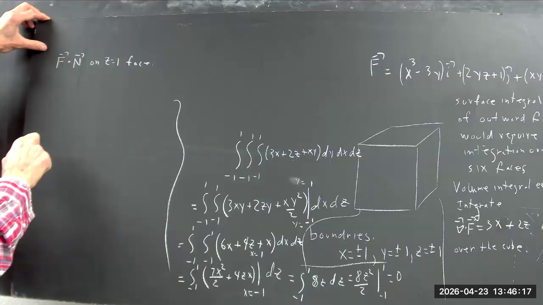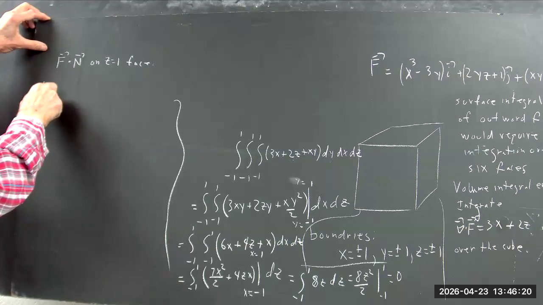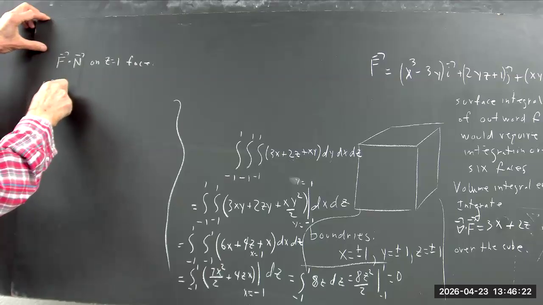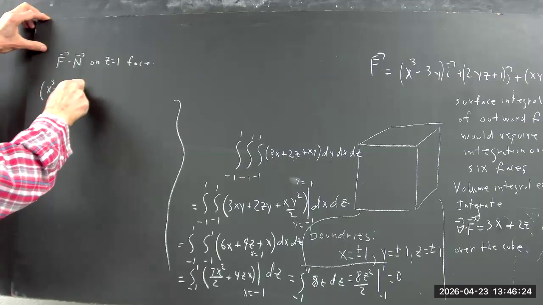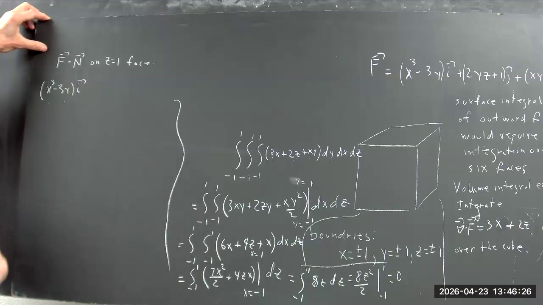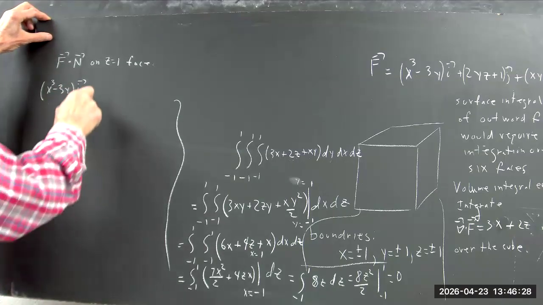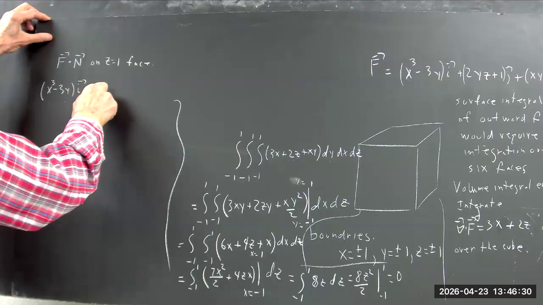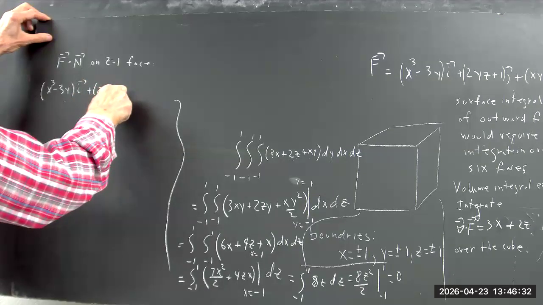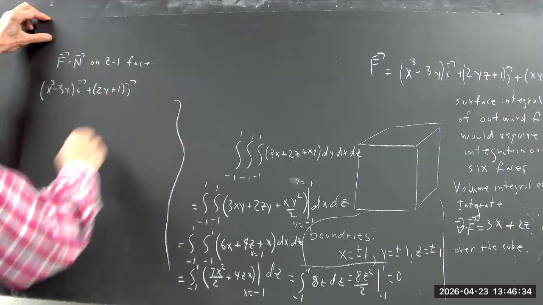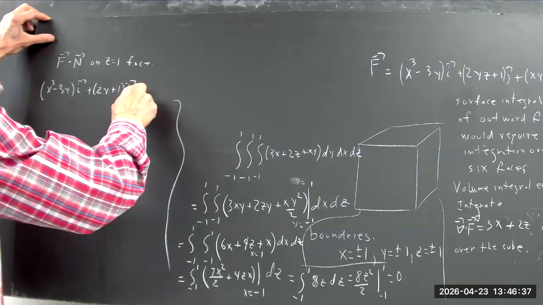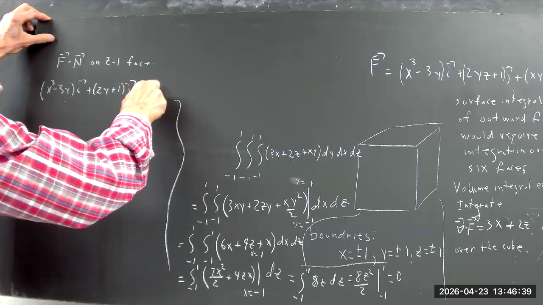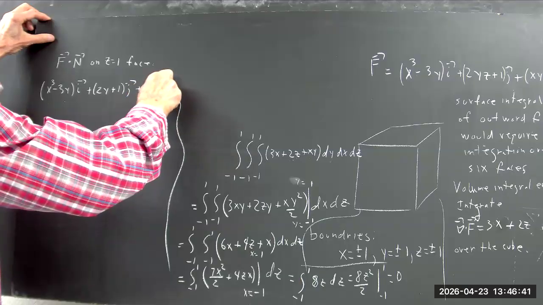Well, that would be (x cubed minus 3y)i plus (2y plus 1)j plus xyk